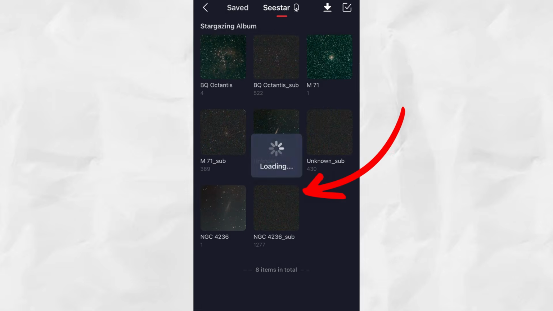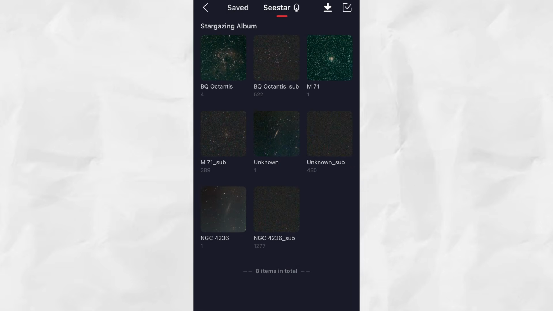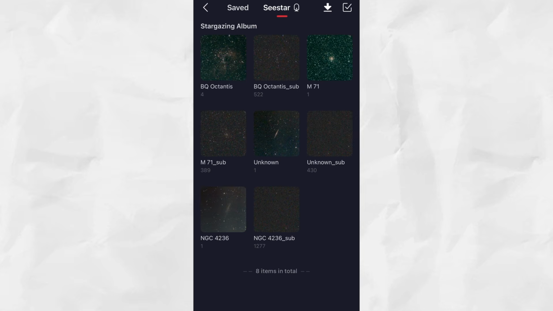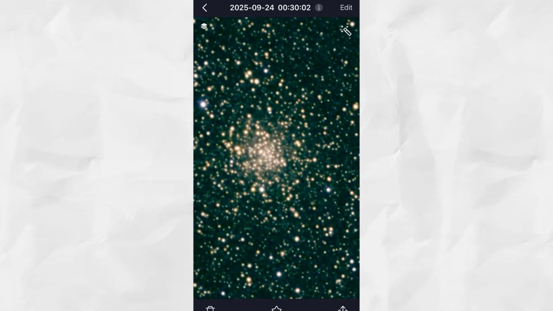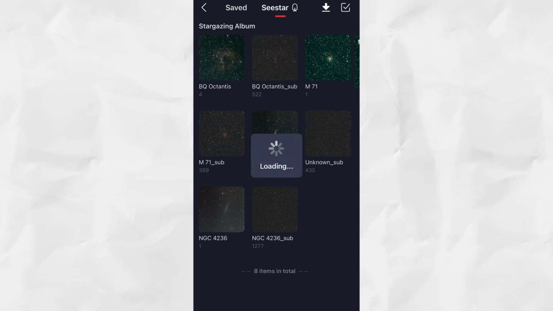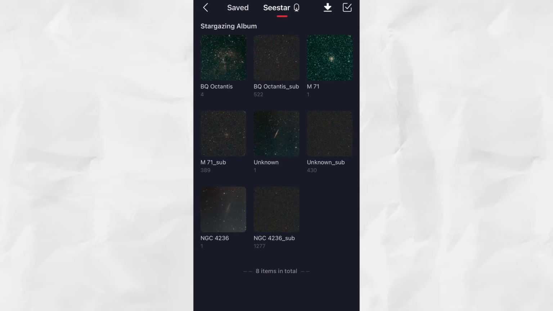And then last night, the first object I did was this splinter galaxy. I don't know why it's saying unknown, but that's what it captured for that one. The second one that I had replaced it with was a star cluster, and that's that one right there. And then the one that we couldn't capture at all the night before, but we were able to capture some,